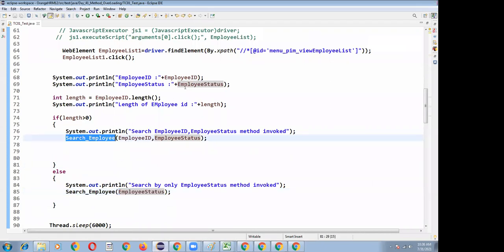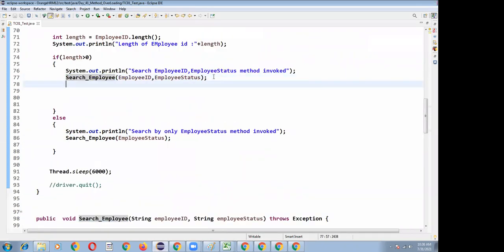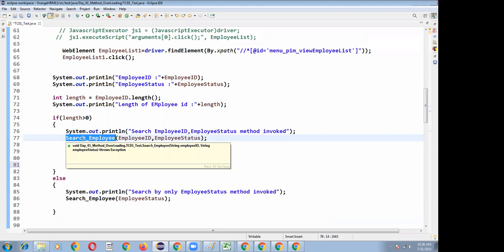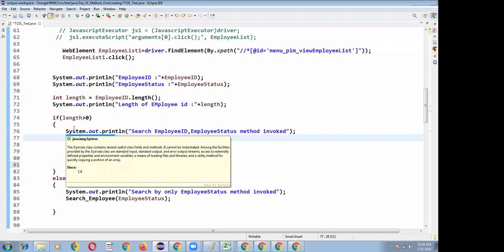After that, whatever methods I want to call, I can call them here. Based on the length of my employee ID, I'm calling the required methods. Sometimes you need to write logic where you want to call one specific method only, based on the input data.